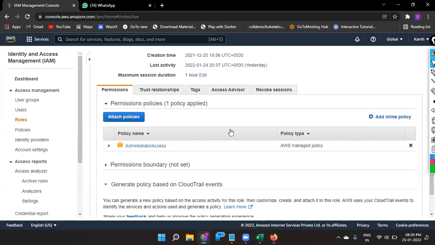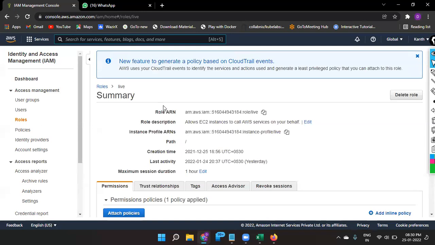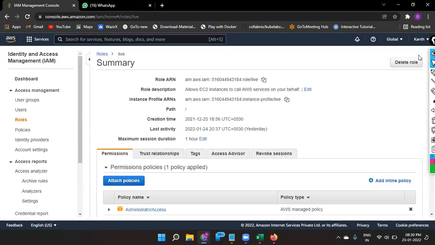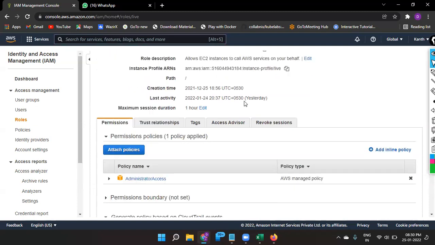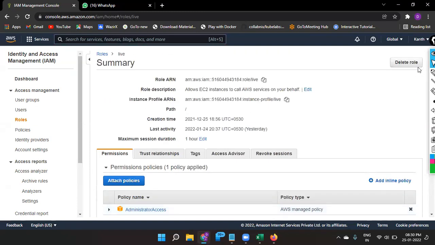So where am I? So these are the roles. Okay, if you want to delete the role, you can delete the role, or you want to access and revoke, you can do all those things. The groups,